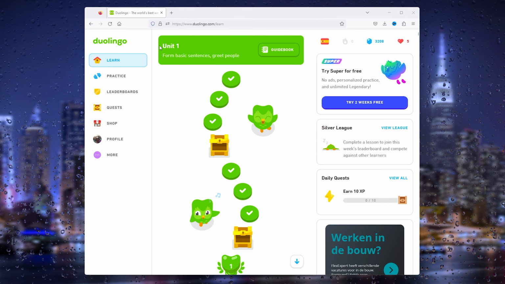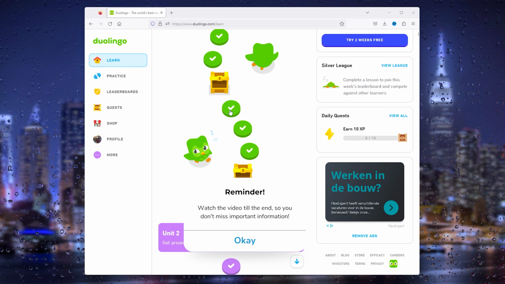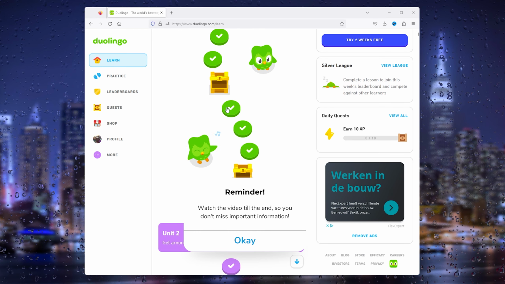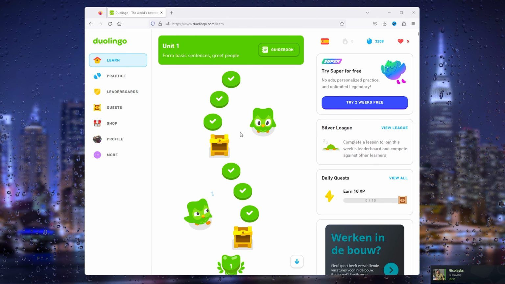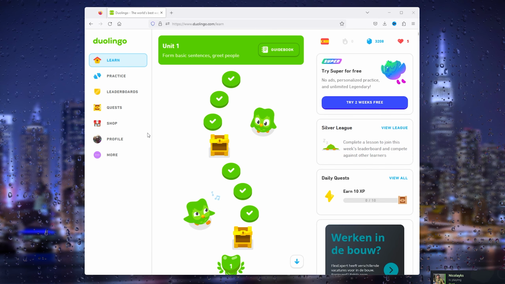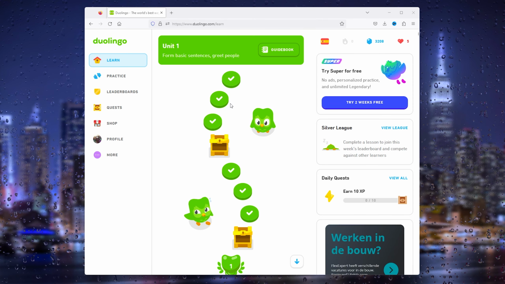In this easy tutorial I will be showing you how to actually create a class in Duolingo so you can play Duolingo with multiple people. Let's say you are a teacher and you want your class to have Duolingo with you so you can actually teach them with Duolingo. Now the first thing that you want to do is log into your existing Duolingo account